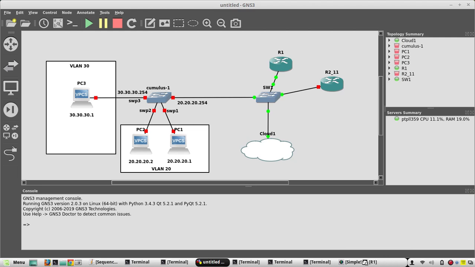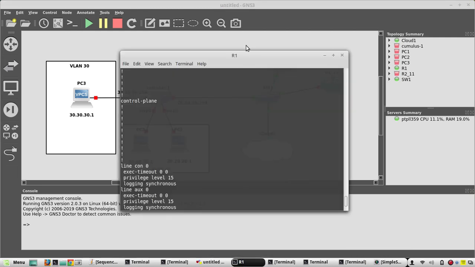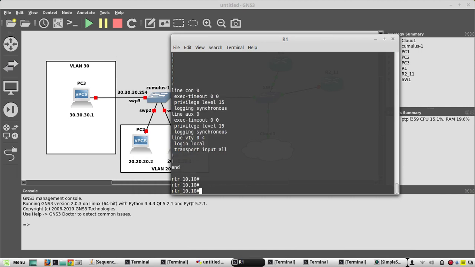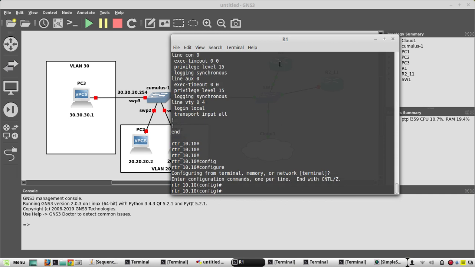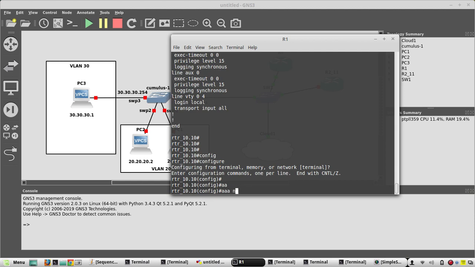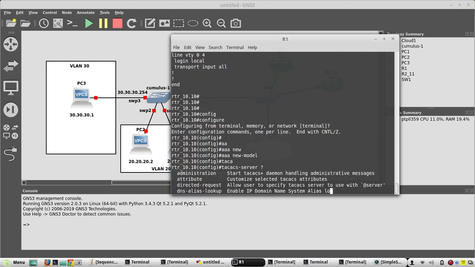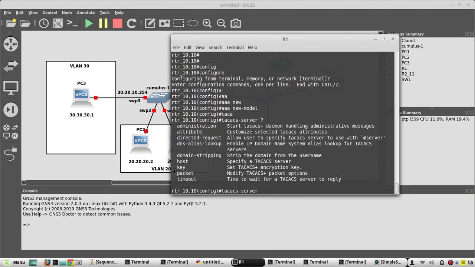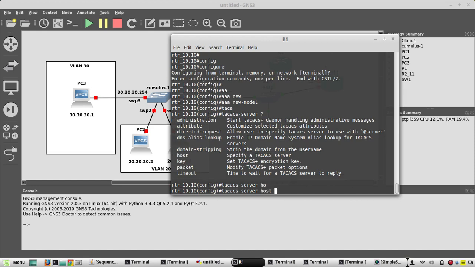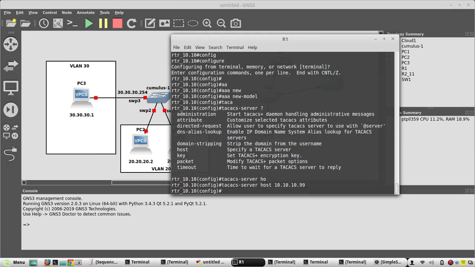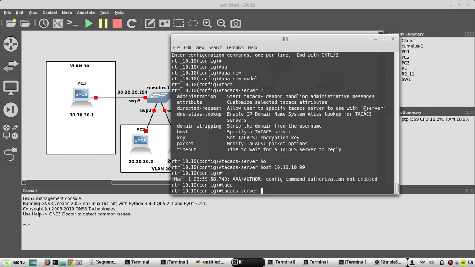So you need to notice this R1 is going to be my direct console. Even if I lose connection from my SSH, I'll be able to access using the direct console. Okay, so we'll start configuring R1. The commands are aaa new-model, then tacacs server. We can give host, then the IP address is 10.10.10.99, my PC IP. Another thing is tacacs server key,